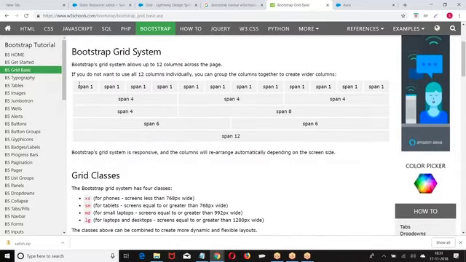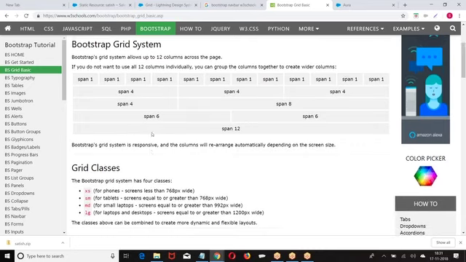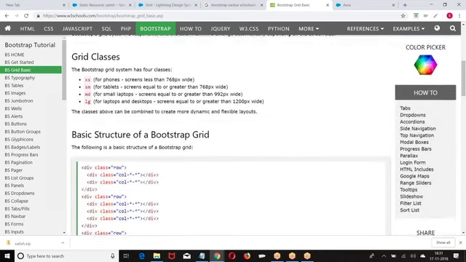So look at this. Now they are giving 12 columns. Now this is 4, 4, 4. So what should they give? 4 of 12, 4 of 12, 4 of 12. They should give 4 of 12, 8 of 12. They should give 6 of 12, 6 of 12. They should give row. Are you getting my point?